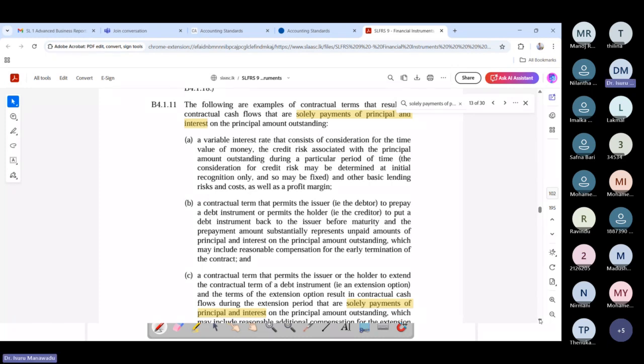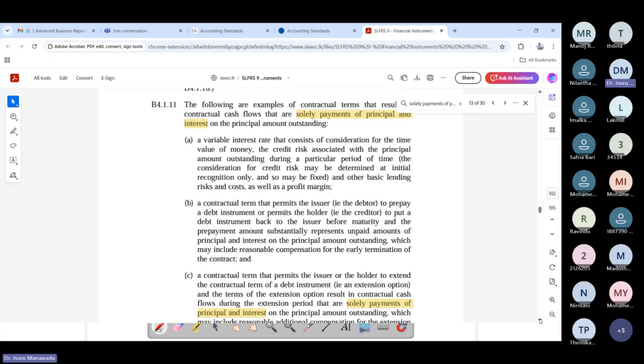That's because of the time value of money. Because they have given a loan for a specific period of time. But if we are settling before that time, there is a cost to the bank. Then the customer should pay it, right? That's what is explained in part B. Now you can read and then you can understand.